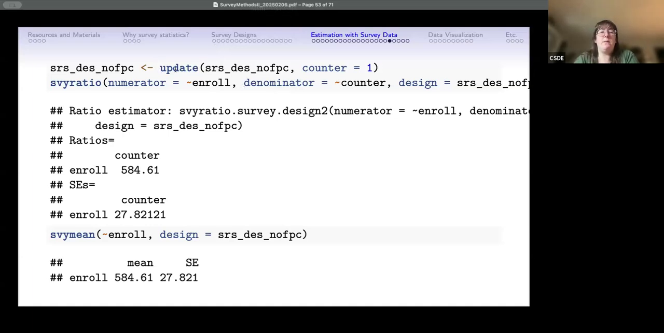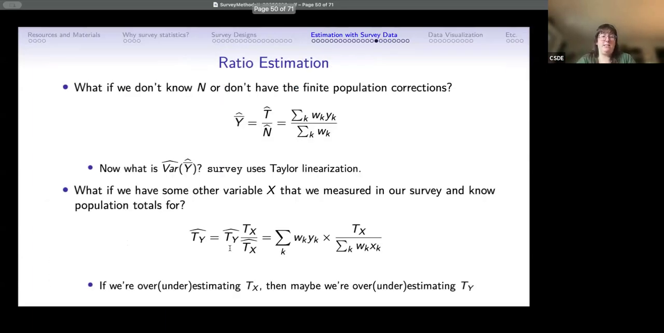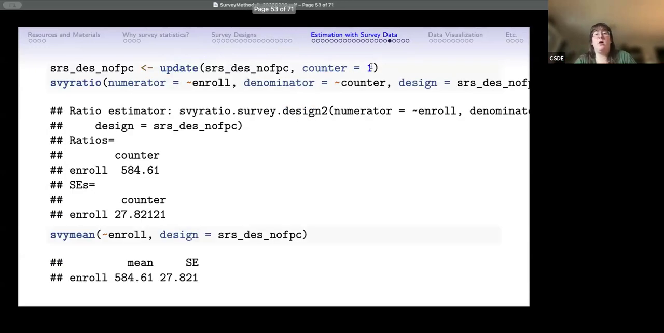Here, I'm going to first update my simple random sample design with a new variable that's just a value of 1 for each individual. Okay. And then I am going to specify in the survey ratio the numerator. That is the Y here. So that's going to be enrollment. And then my denominator is going to be the variable that I have measured in my survey here. So that is going to be just this, are you included in the survey, which is 1 for everyone who was. And then I pass the design,